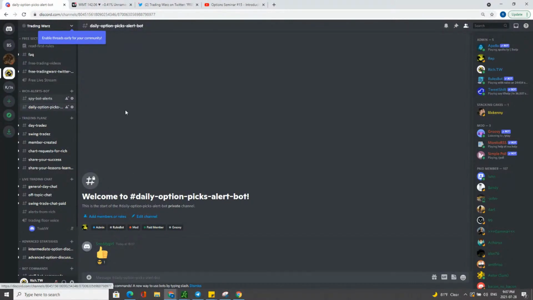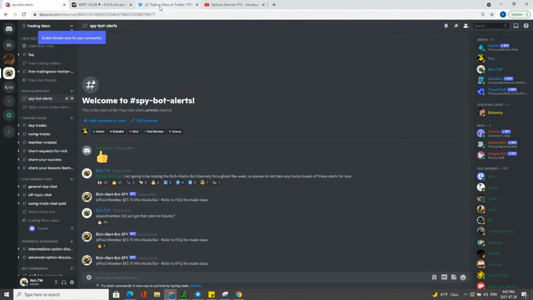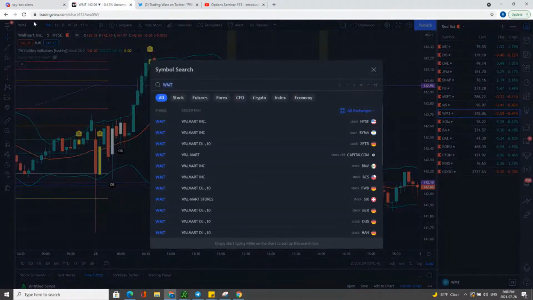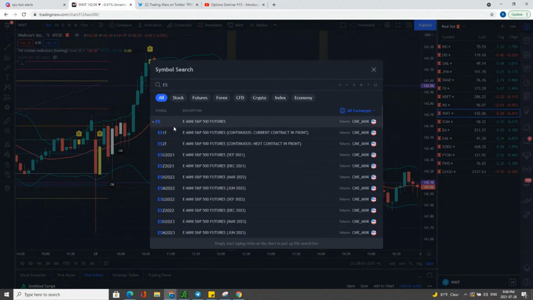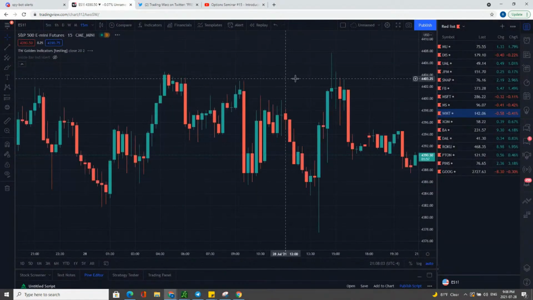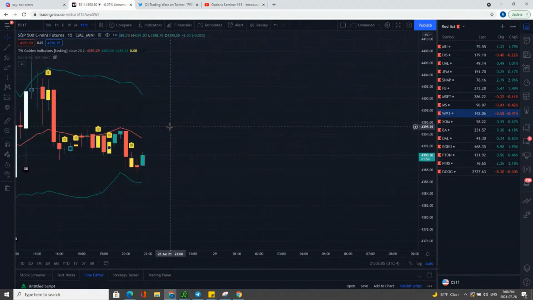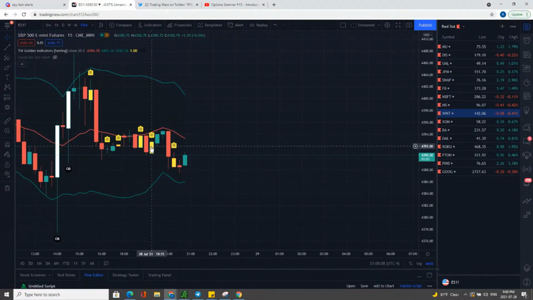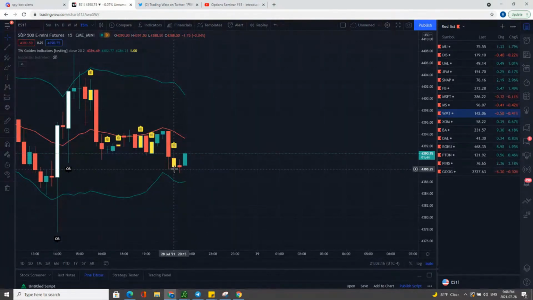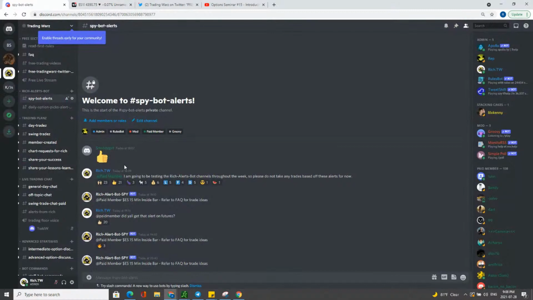But so far I tried it with the futures. So let's look at the futures real quick. So if we go to ES and then we go to the 15-minute chart, we had a few inside bars, obviously. So this one here was, I believe, 8:15. Is it 15 minutes? Yeah. So 8:15. So then when I came here to the bot,